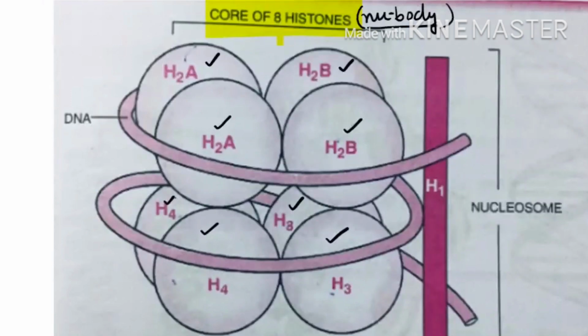Now to this histone octamer, this is the DNA. See, this is the DNA which is wrapped over 2 times. Is it clear? So over the histone octamer, DNA is wrapped twice and the ends are sealed with the help of H1 protein. So this structure which is made is known as nucleosome. So nucleosome has a histone octamer with the DNA wrapped twice.